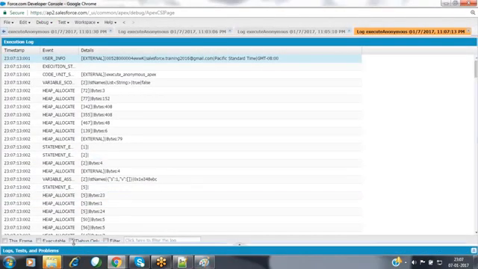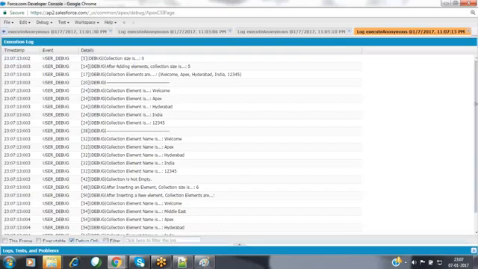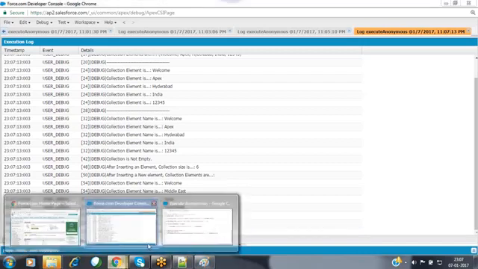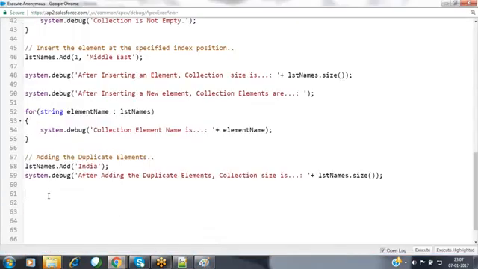Previously the size was 6; after adding this duplicate element, the collection size is 7. Even if it is a duplicate element, duplicates are also counted. Duplicate elements are acceptable in a list collection, as we already discussed. Now, the next one.